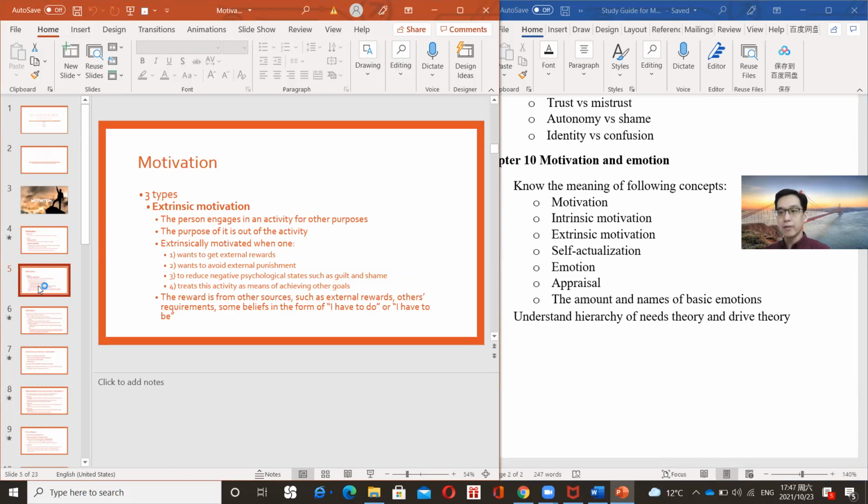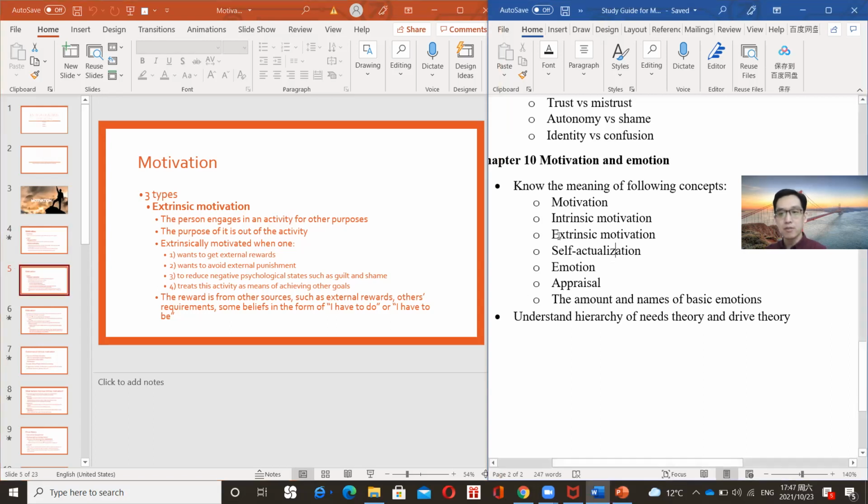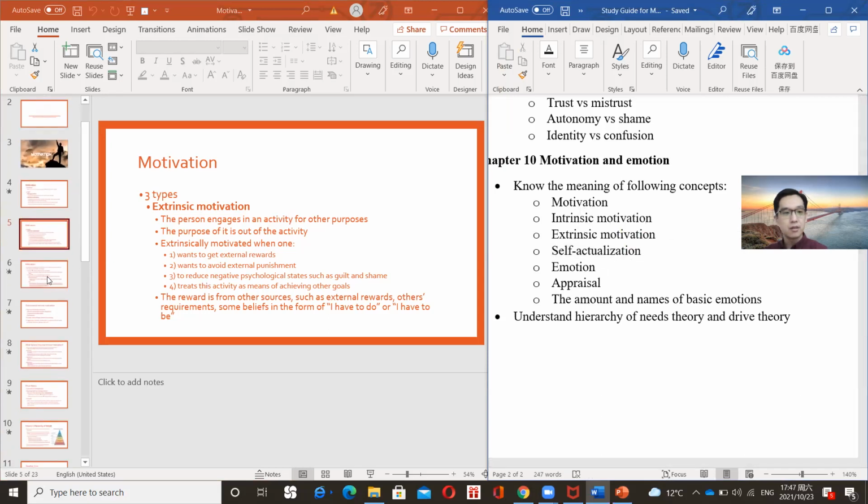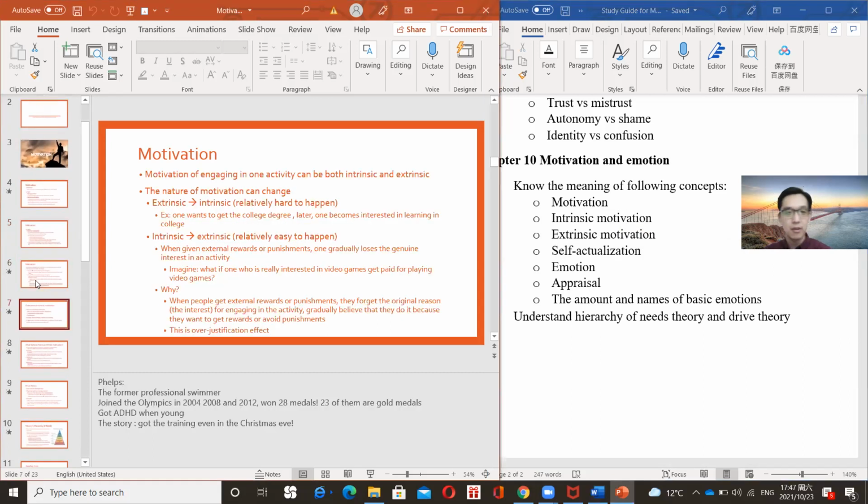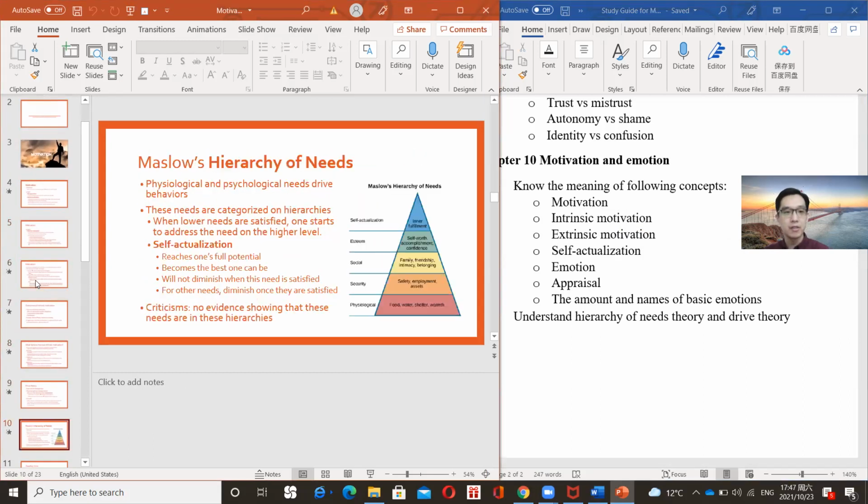The purpose of extrinsic motivation is not inside of the activity, but outside of the activity. That is extrinsic motivation. And the next concept, self-actualization, is a concept in the hierarchy of needs theory by Maslow,